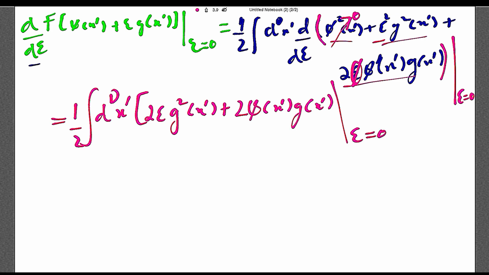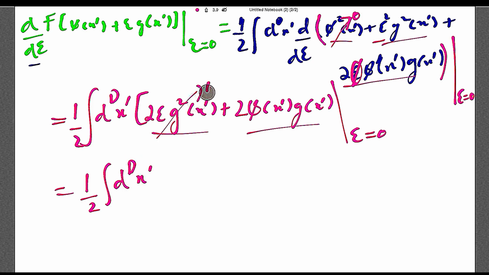Now the next step after differentiation is to put e equals to 0 wherever the e is. So we'll put e equals to 0 here, and this term will vanish. Since this term doesn't contain e, it will survive, and we are left with this thing. And since this thing vanishes under e equals to 0, we are left with 2 times, we can take 2 outside, so it's 2 here, phi of x prime and g of x prime, and this 2 and 2 cancel out, so we are left with,